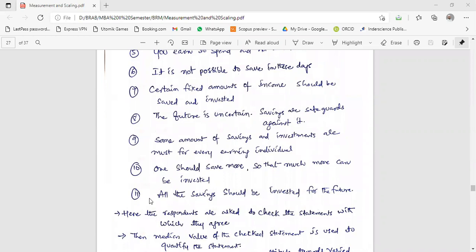Yes, we have to save some money and we have to invest it. Because the future is uncertain, we have to save. Some amount of savings and investments are a must for every earning individual. Without it, we cannot. For every month's salary, or whatever money you earn in the future, you keep something to meet unexpected things, future contingencies.